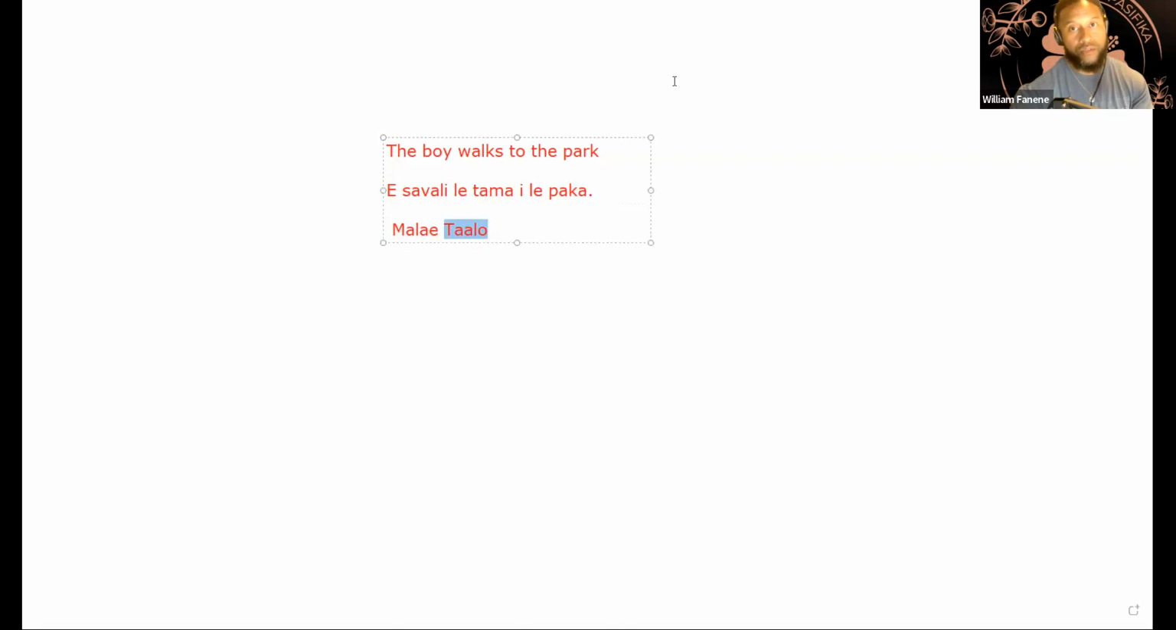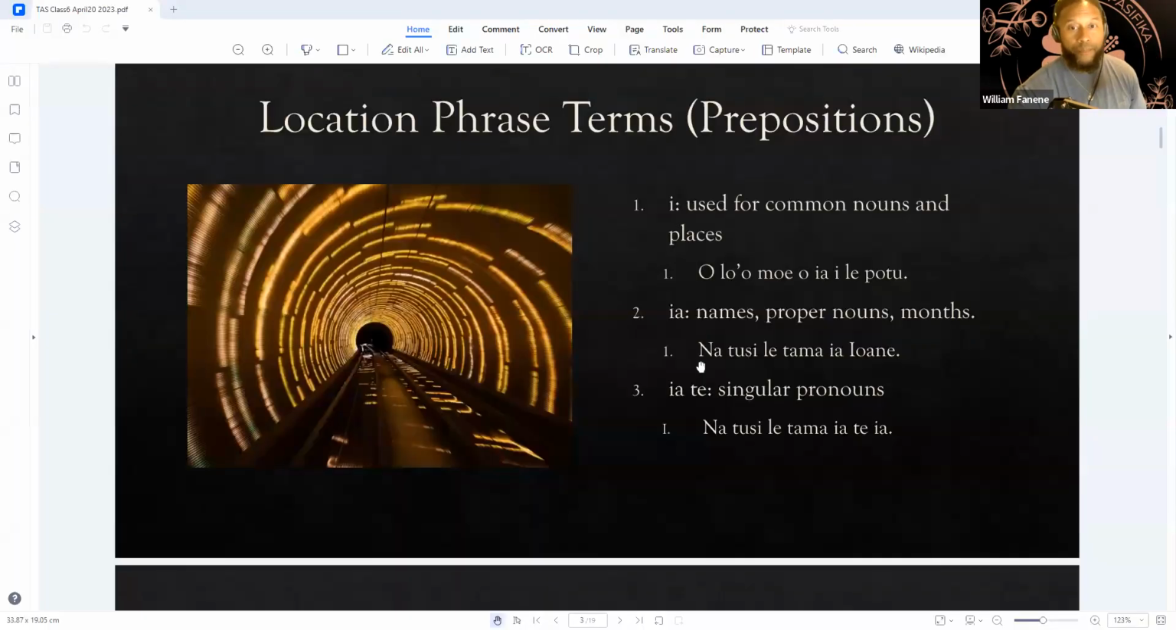All right, so let me go back to, again, now we're learning prepositions, different ways to introduce location phrases, okay? So this should actually have the fatamafa over it. So let me draw that like that. So yeah, names, proper nouns, and months. So natusi letama